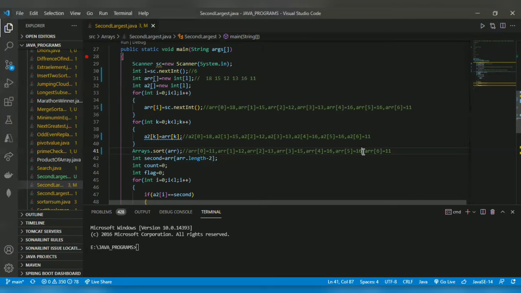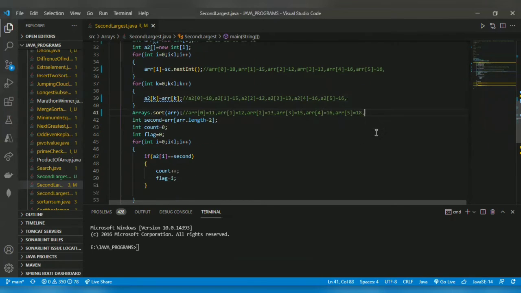Then 18. I repeat 11 two times, so it will not come. So it means only 0 to 5 will run. So it will get sorted as 11, 12, 13, 15, 16, 18. The first array will get sorted in this way.